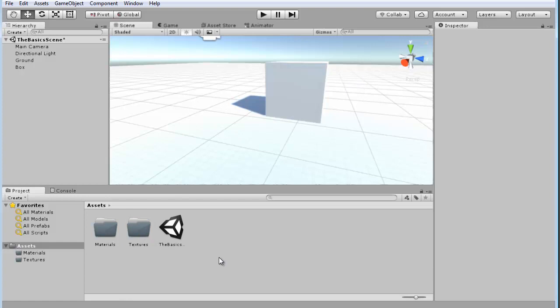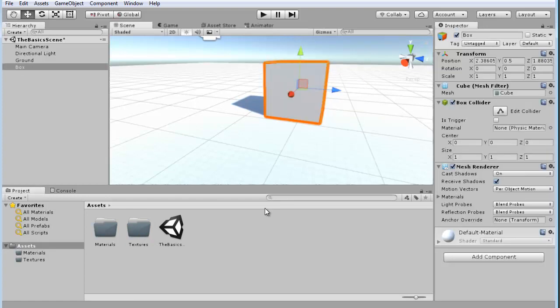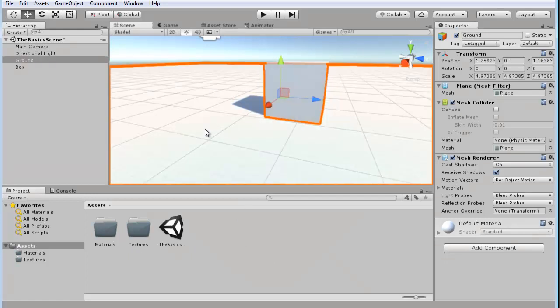So for materials, these will come in with kind of a default material. You'll see down here, if you select one of the objects, it has a default material assigned to it. But let's create some new ones. So let's start with the floor. Let's go into the texture folder,